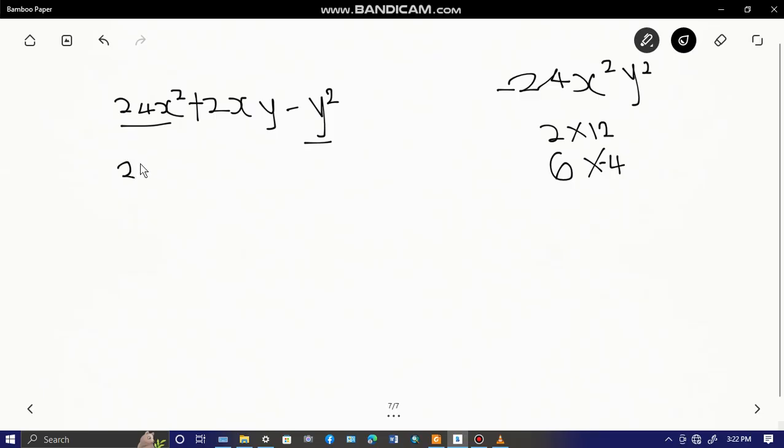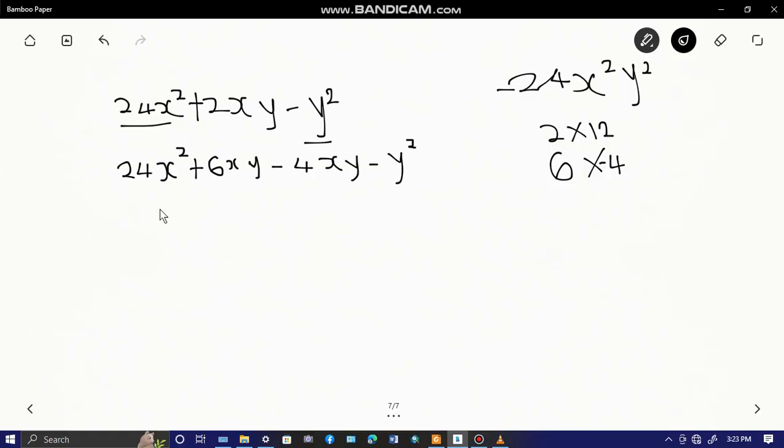So we have 24x squared, and then plus, splitting the middle term in xy, 6xy minus 4xy minus y squared. And then